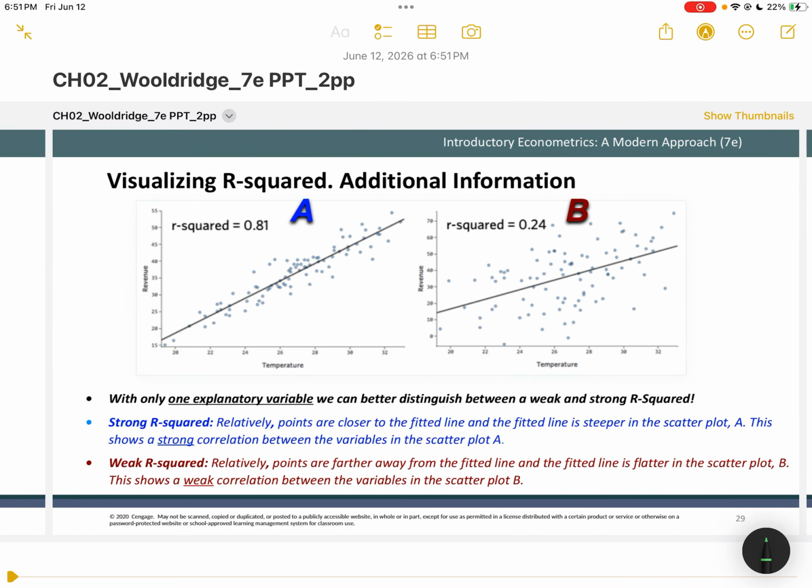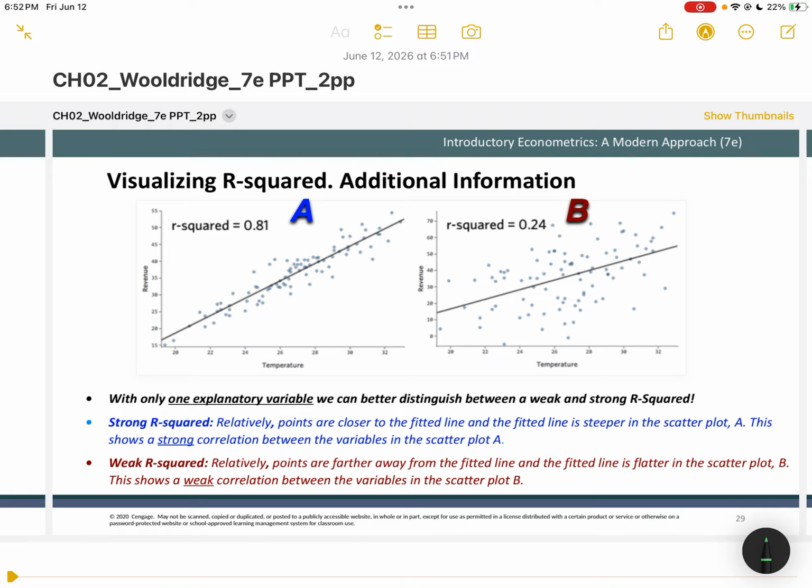Now, by the way, as we get into multiple linear regression, the more variables you add, the higher the R squared becomes. Yes, R squared never falls. That's one interesting thing. So, all right,